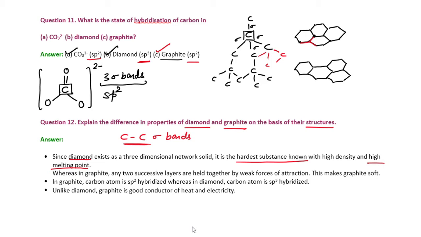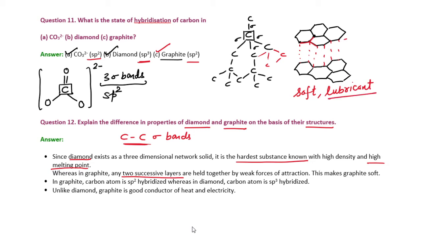But in graphite it is like this. So there are layered structures. See, there are successive hexagonal layers, and they are held together by weak van der Waals attractions. There is a weak van der Waals attraction between the layers, and that's why one layer can slip over other. So first of all, it is soft, it is behaving as a dry lubricant,